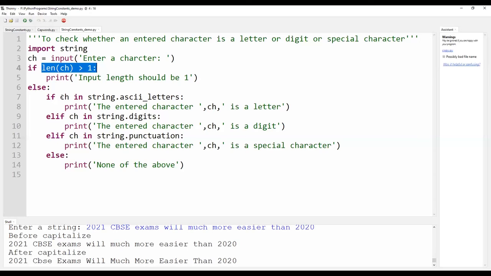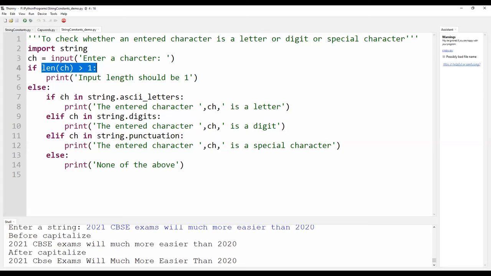If true, it says the entered character is a letter. Else, elif ch in string.digits checks whether the user has entered a digit between 0 and 9, and says it is a digit.